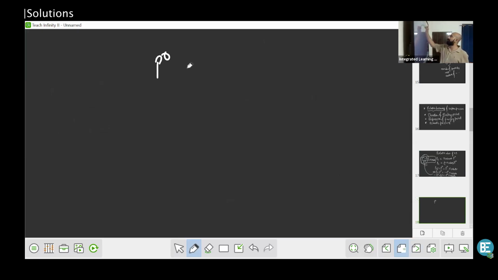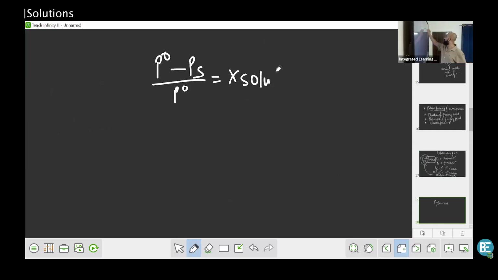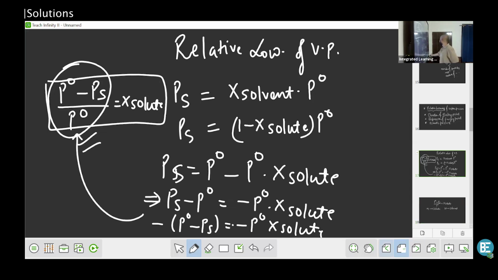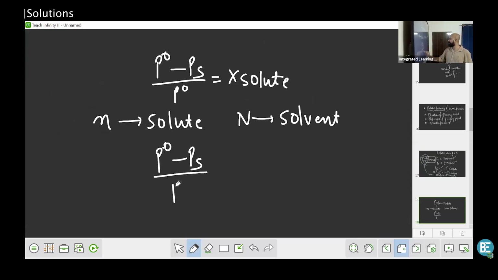So this is the formula that we got. Let's elaborate it a little bit more. Write down: if lowercase n is the number of moles of solute and uppercase N is the number of moles of solvent, what will be the formula now? P naught minus Ps upon P naught is equal to, what will be the formula? What is the formula for X solute? Mole fraction of solute can be written as lowercase n upon